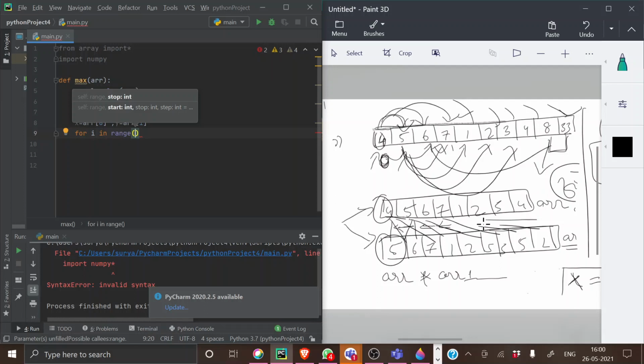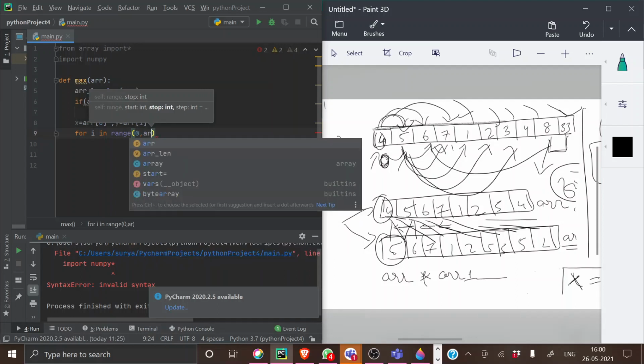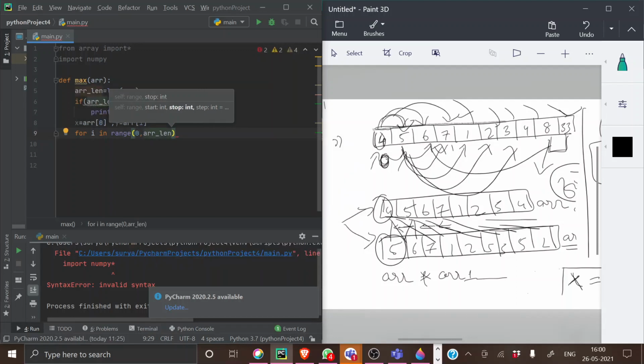It's 0, 1, 2, 3, 4 to the last element, so it should be 0, comma, array length. If I have 20 elements, my array length will be 20, so the range will be 0 to 20. This implies you will go through all the elements from the first index to the nth index.